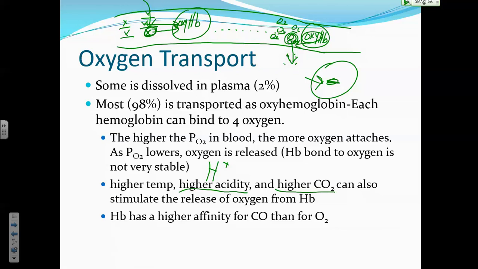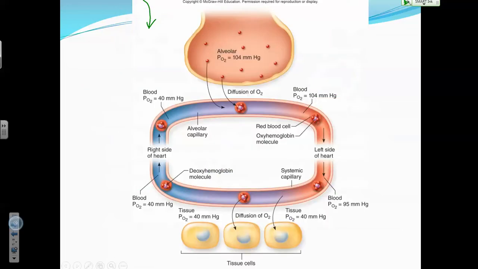But an elevation in the acidity, which is a drop in pH, is going to cause hemoglobin to let go of more oxygen, because that's an indication that there's not enough oxygen, right? Because normally when hydrogen and CO2 are up, oxygen's down, right? Okay, and then an elevated body temperature can cause hemoglobin to let go of oxygen more easily. Okay, I'll come back to this last statement in a moment.